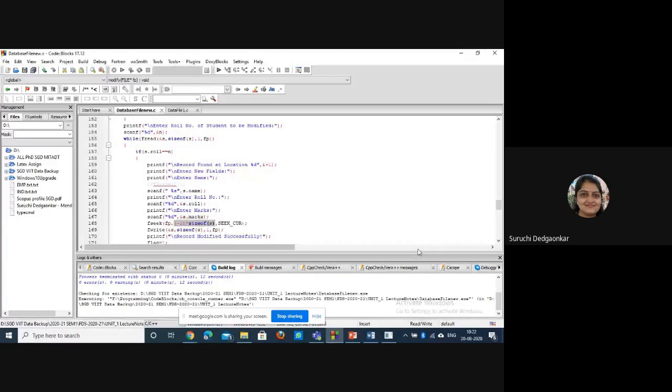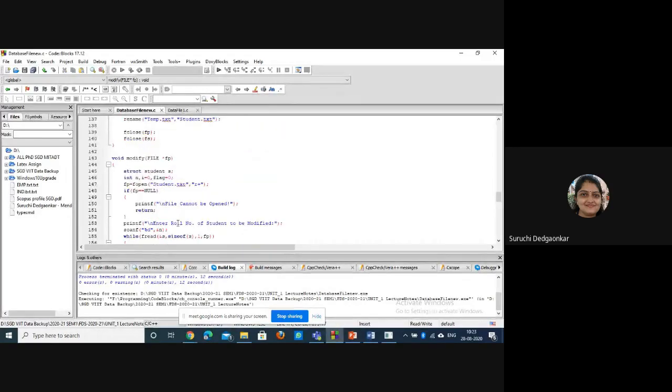Okay, so this will move my file pointer one record back, and then I am writing the new record, the changes, the modified record here. Okay, after getting the new parameters in s, I am writing that new record at that position. Okay, so fseek is required here also. If you are counting the position, you can use fseek to move to that record directly. Okay, and you can do the modification that way also. It is good. Okay, so fseek is required to move the pointer one record back, and then we are writing the modified record at that position.